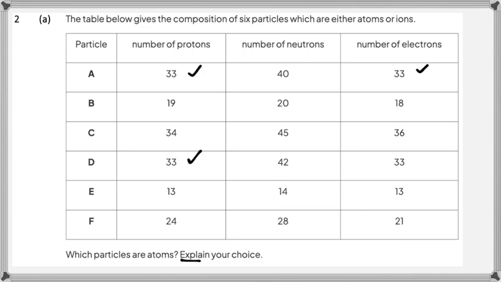Same with particle D, it has 33 protons and 33 electrons, and same with letter E, it has 13 protons and 13 electrons. So for this question, the particles that are atoms are A,